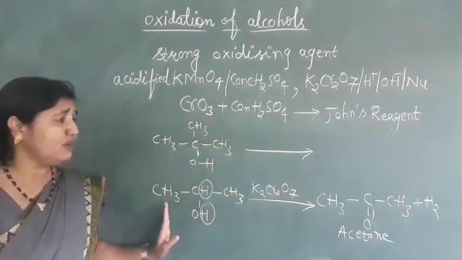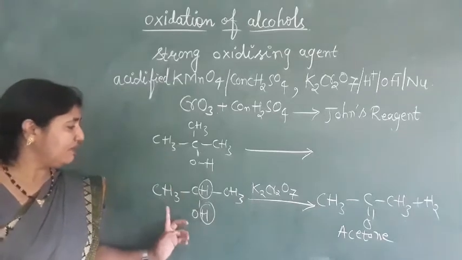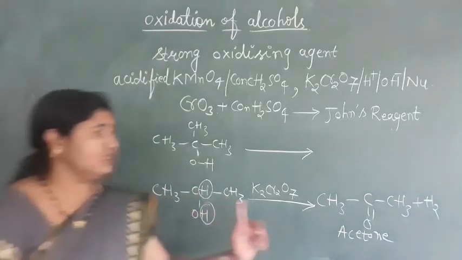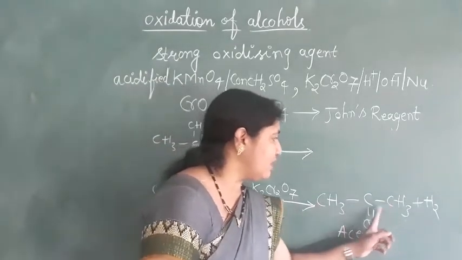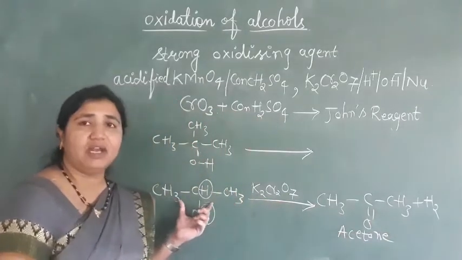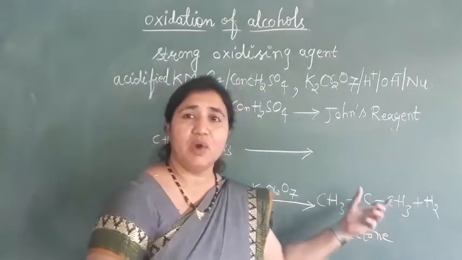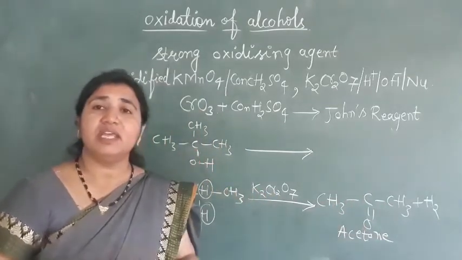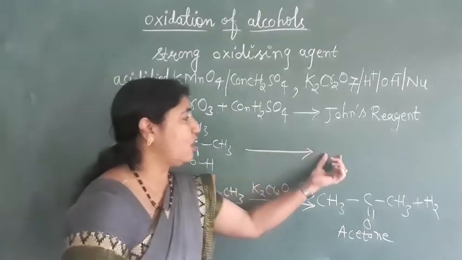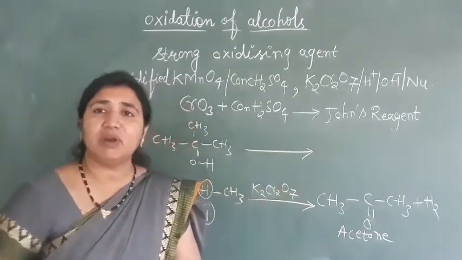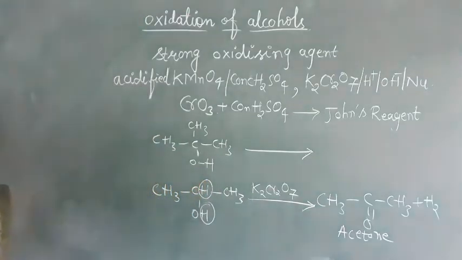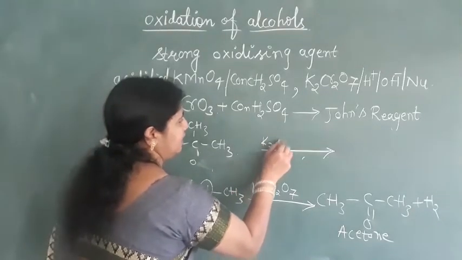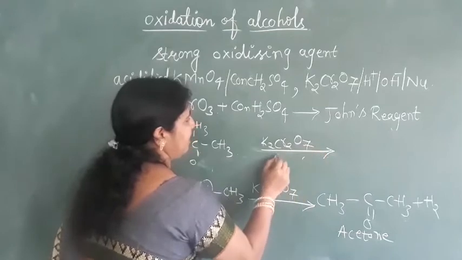See here, for primary and secondary alcohols, I have taken isopropyl alcohol. How many carbons are there? 3 carbons. In the product, we are having 3 carbons only. However many carbon atoms are there in the alcohol, that many carbon atoms are there in the product, for primary and secondary alcohol. But for tertiary alcohol, after oxidation, a lesser number of carbon atoms we will get here. So under strong conditions, we have to take K2Cr2O7, a strong oxidizing agent, and we have to heat it more